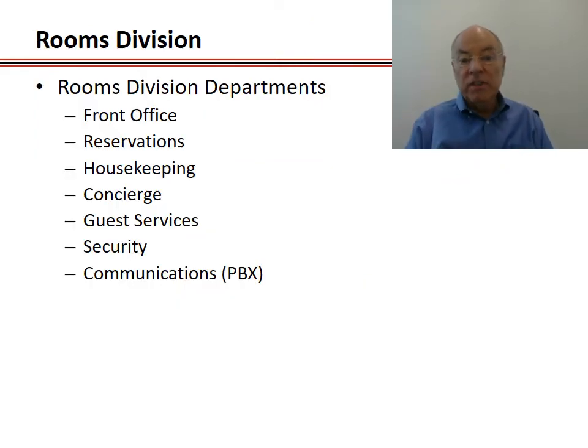So the rooms division is made up of the front office staff, or basically front desk agents who check you in, check you out, and so on. But it also includes the reservation staff, although in many cases today I've seen reservations in hotel groups fall under the sales aspect. Why? It's an advanced booking. Advanced bookings are handled differently than the operations of the day-to-day aspect. So sales tends to be more focused on advanced bookings of group business. Why not include reservations, which is the individual business, at the same time?